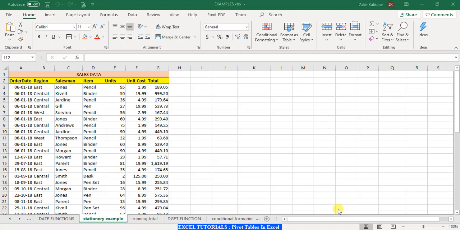Today, we are going to look at a very important and very powerful function available in Excel, and that is pivot tables. Pivot tables is one of the most powerful functions in Excel. It is used to summarize and analyze huge amounts of data without any complicated formulas.